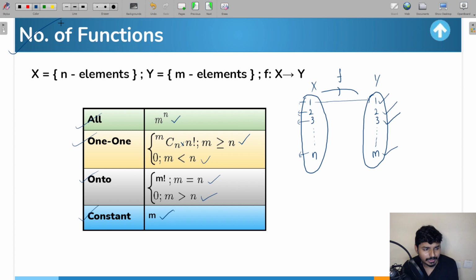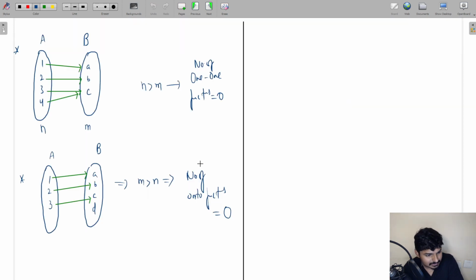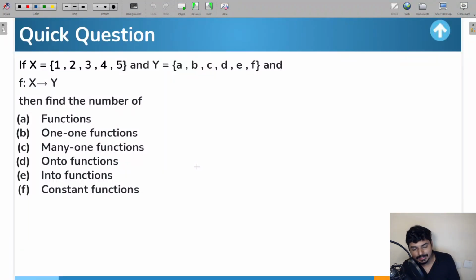So if you want to remember the formula, do remember the formula, or else remember the technique. I told you the technique through which we have proved each and every formula. You apply the technique, you're going to get the answers. So let me do one thing, guys. Let me do this question for you. In this question, I'm not going to apply the formula. In fact, let me apply the technique only so that you'll get to know how to apply the technique and get the answer. So for example, you see this question.